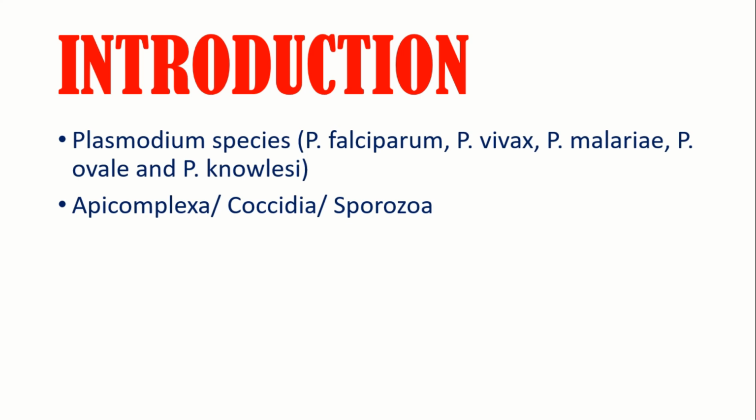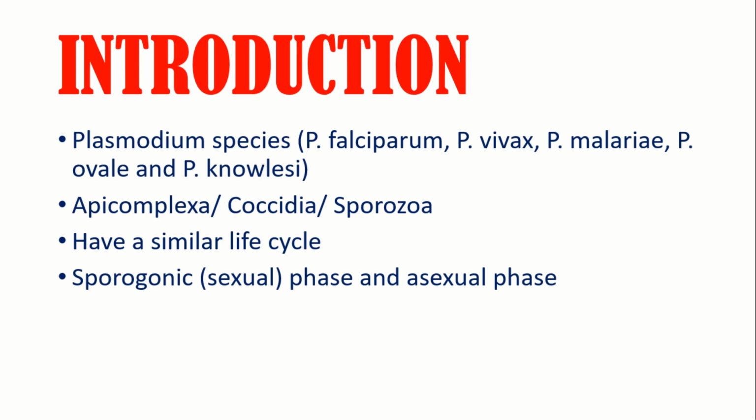They are also called sporozoa owing to the fact that they have a sporogonic phase of the cycle where they produce the sporozoites, which are then able to infect the host. The 5 different species of Plasmodium have a similar life cycle. As I've already mentioned, the life cycle of these parasites has 2 phases. The sporogonic phase, also known as the sexual phase of the life